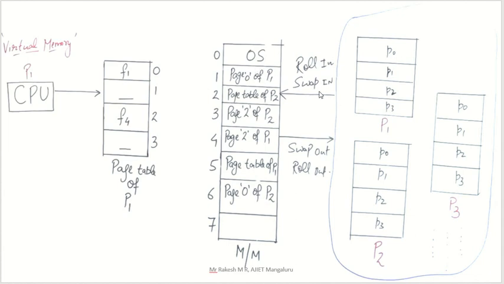This concept is called swap in and swap out. Swap in means taking a page from secondary to primary memory. Swap out means taking a page from primary memory to secondary memory. These are the two operations. Here the page is moved outside, at that time this frame is blank, and the required page from the secondary memory we take into main memory. This is called page replacement. The algorithm is page replacement: replacing a particular page from main memory to secondary memory, and taking another page into main memory.